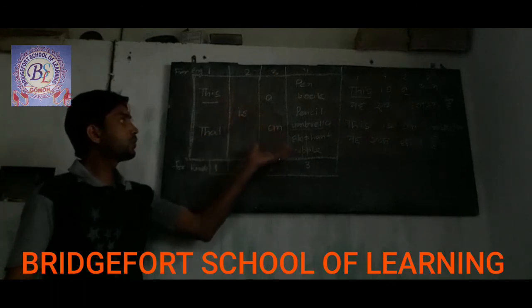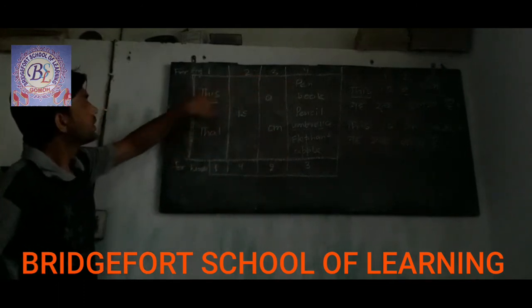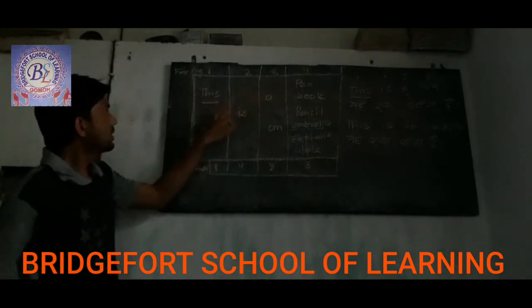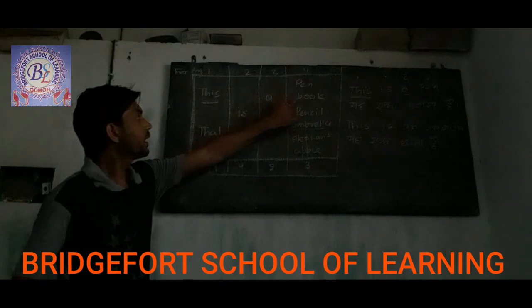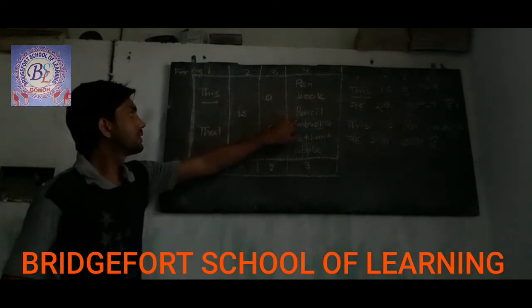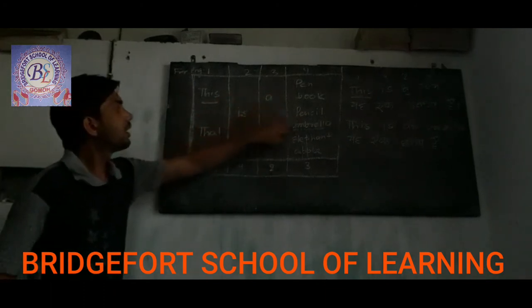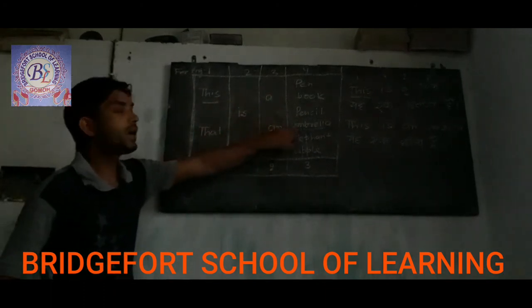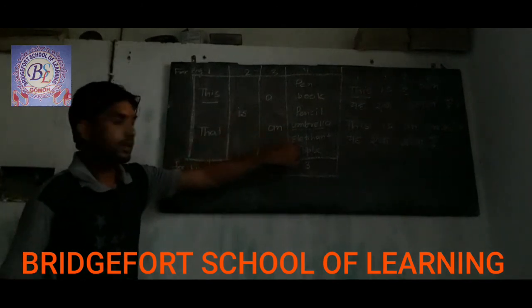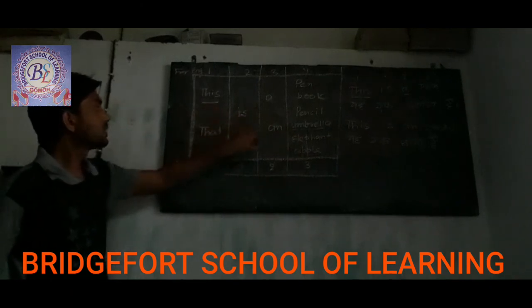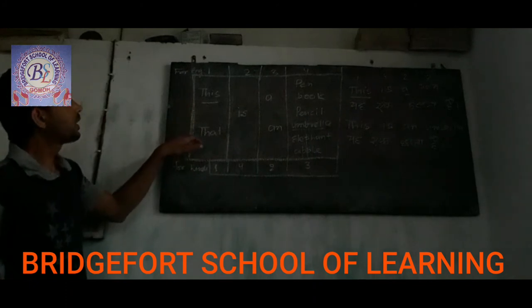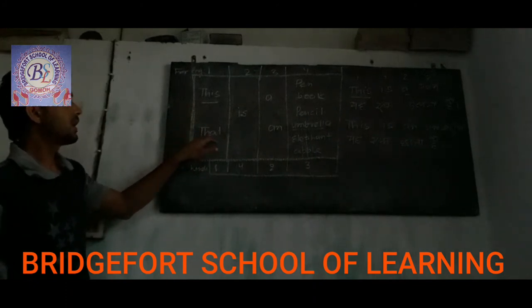You will have to create sentences like this is a pen, यह एक कलम है, this is a book, यह एक किताब है, this is a pencil, यह एक पेंसिल है, this is an umbrella, यह एक छाता है, this is an elephant, यह एक हाथी है, this is an apple, यह एक सेब है।